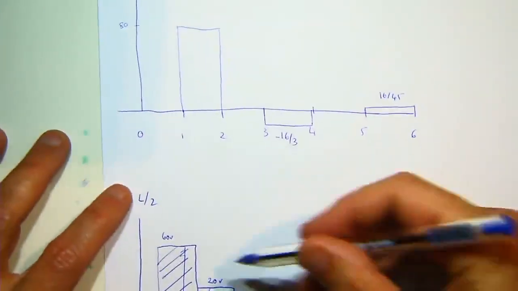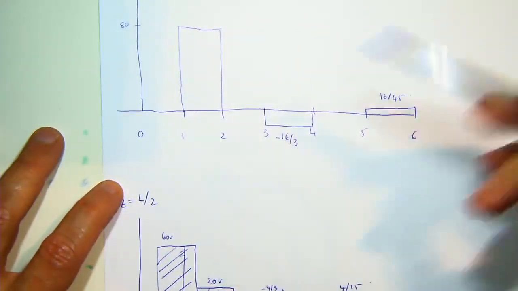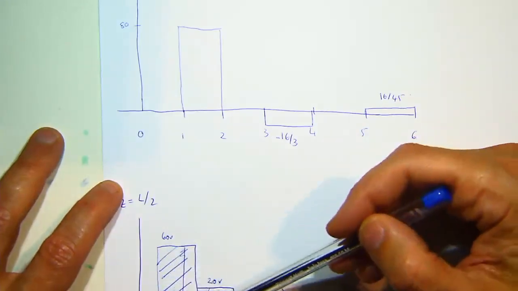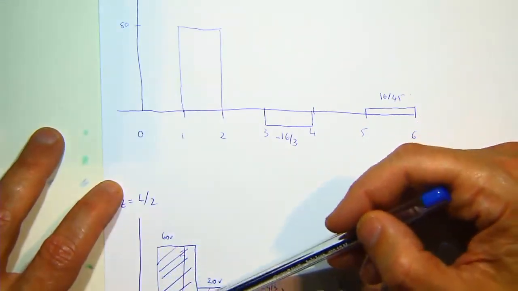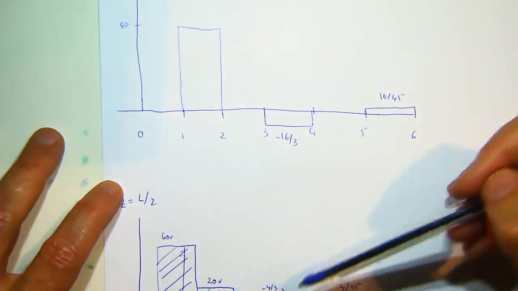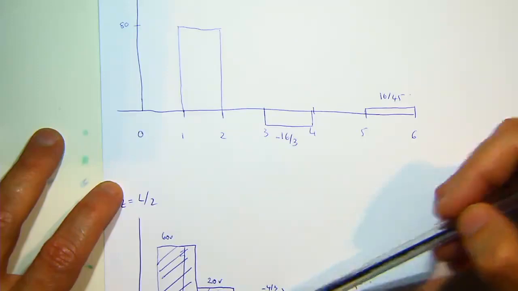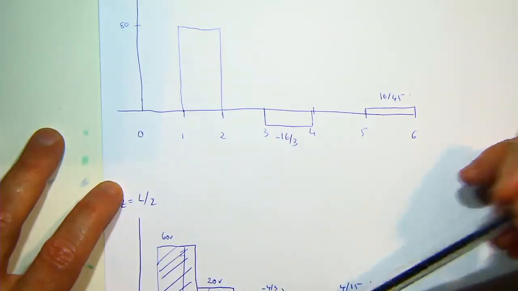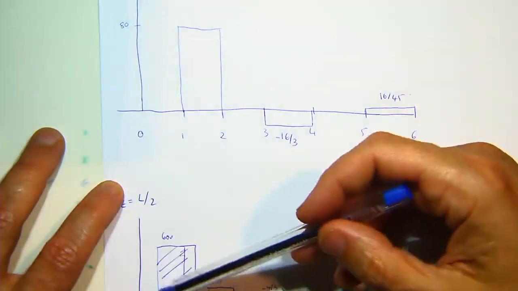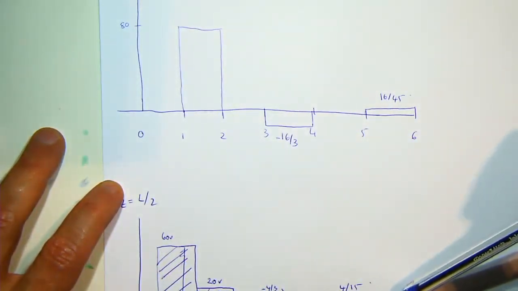And halfway along the line, the voltage that you see is a relatively complex waveform. Between half a microsecond and 1.5 microseconds, you've got 60 volts. From 1.5 to 2.5 microseconds, you've got 20 volts. From 2.5 to 3.5, you've got minus 4 volts. 3.5 to 4.5, minus 4/3. 4.5 to 5.5, 4/15. So you see that you start getting this complex transient behavior on that